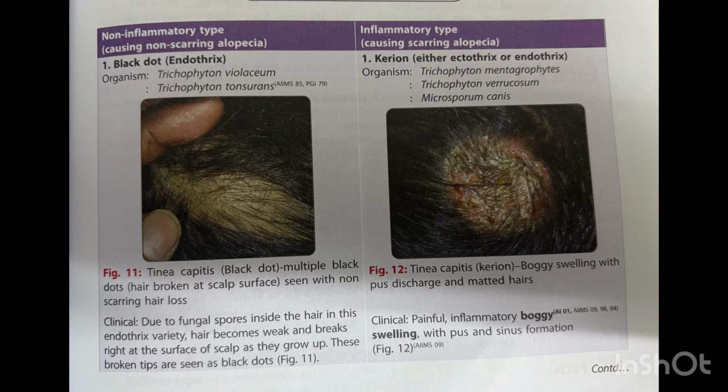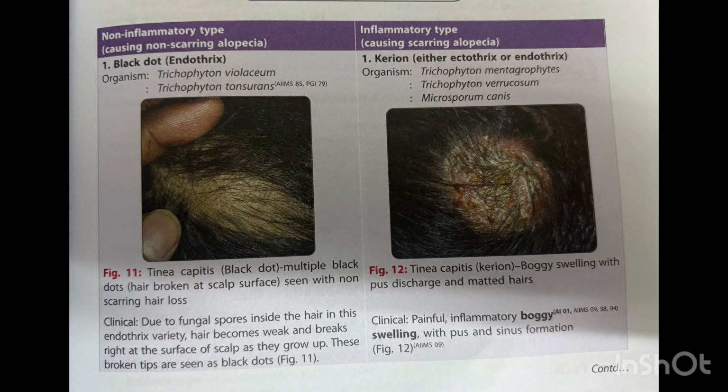Inflammatory type causes scarring alopecia, and can be either ectothrix or endothrix. Organisms are Trichophyton mentagrophytes, Trichophyton verrucosum, Microsporum canis. Figure 11, tinea capitis, black dot: multiple black dots, hair broken at scalp surface, seen with non-scarring